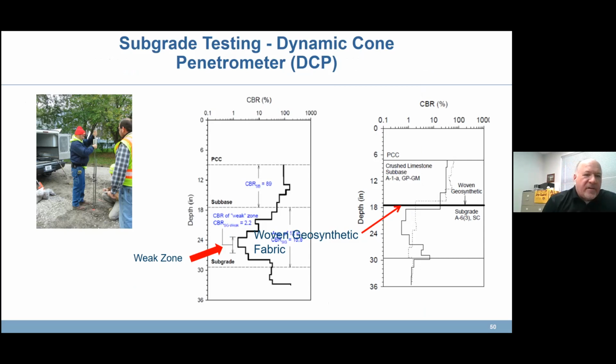I like to see the dynamic cone penetrometer being used as well as a spot test to identify the strength of the bearing of our soils. And what you're seeing here is a couple profiles from the dynamic cone penetrometer. It plots the CBR over depth. So CBR percent. This is an example of a roadway in Iowa where I had, I think, a 7 or 8 inch concrete pavement with a